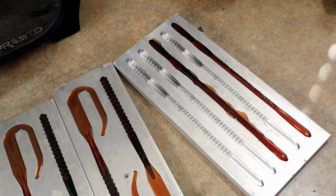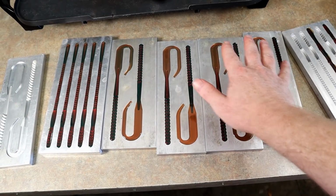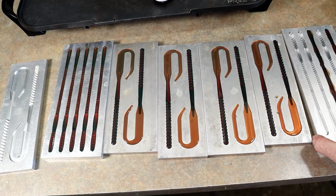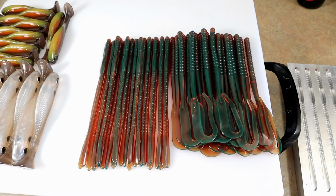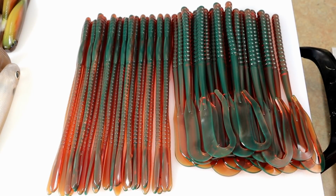So that half cup left over got us, man, almost a full run. 4 out of the 5 ribbon tails, and about 6, really should have been 7, could have been 7, but 6 out of the 10 straight worms. That's pretty darn good. Okay, there it is, done. I believe that is 54 worms, just based on the fact that we got 2 full runs, which were 20 a piece, bringing us to 40, and then the rest of them. So yeah, pretty cool. 2 little cups of plastic,